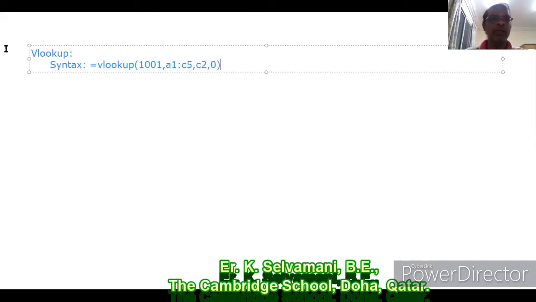Here, 1001 is a lookup value. A1 colon C5 is a table. Sorry, it's not C2, only 2. This 2 denotes the second column, from the leftmost column, second column. This 0 stands for exact match. That means 1001 should be available in the A column, that is the leftmost column.